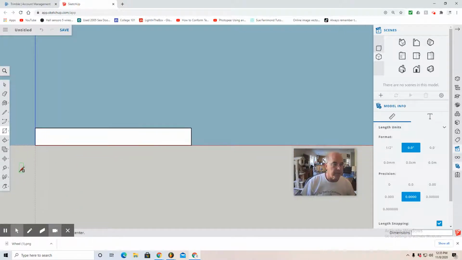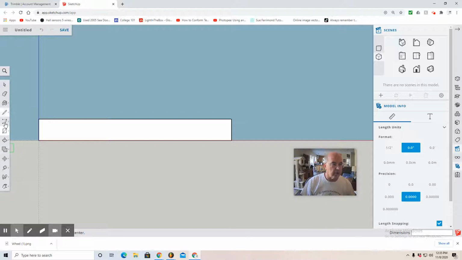All right, I'm zooming in. The next step is to put some guidelines where we can use these measurements to place circles, which will end up being holes in the lever. I'm going to start with my pencil, and from the first origin point, I'm going to move across the x-axis. As I move across, I look down at the length window in the bottom right, and when I see 0.5, that's when I click once, click twice,